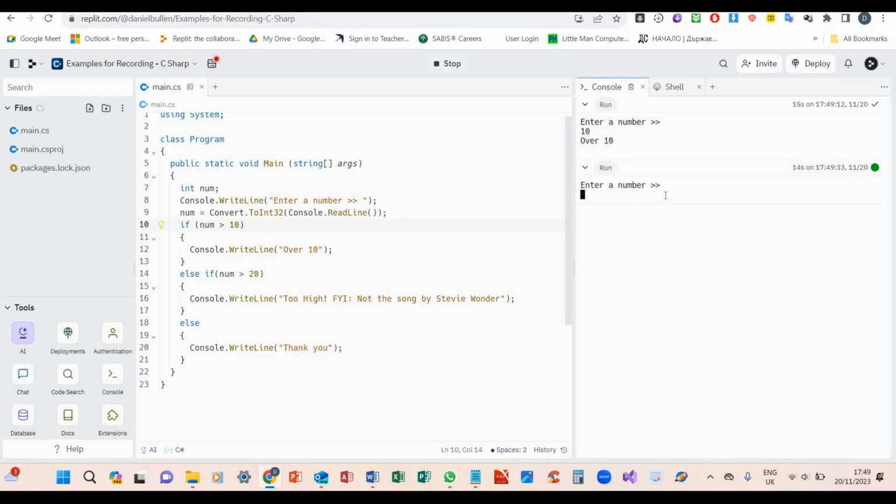So say I wanted to do 16, that's over 10. Say I wanted to do 21. That's over 10, which it shouldn't be. So what we can do is we could say instead